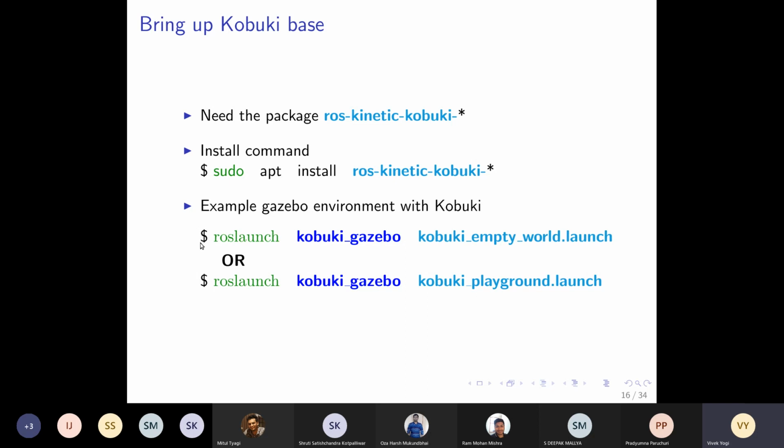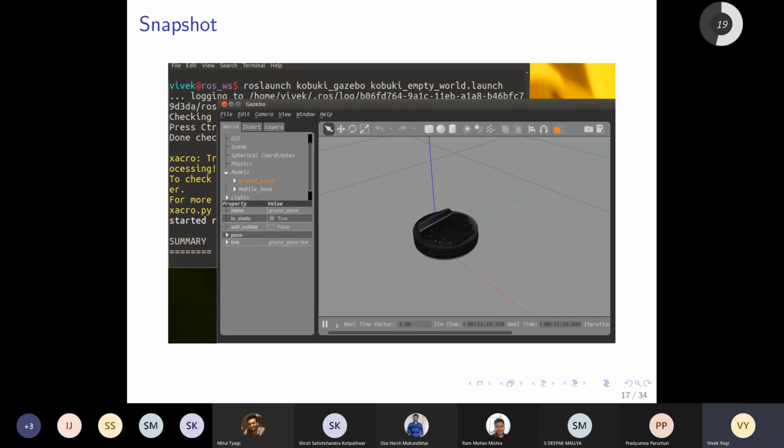You can just run this command, roslaunch. No need for roscore, just open a terminal and run roslaunch, and we'll see something. When we launch the file kobuki_empty_world.launch, remember this is part of the kobuki_gazebo package. This is not the gazebo_ros package, this is the kobuki_gazebo package.